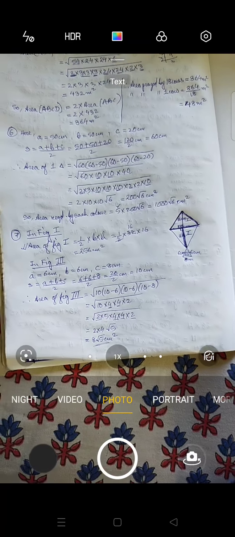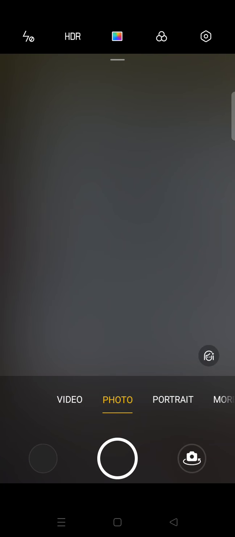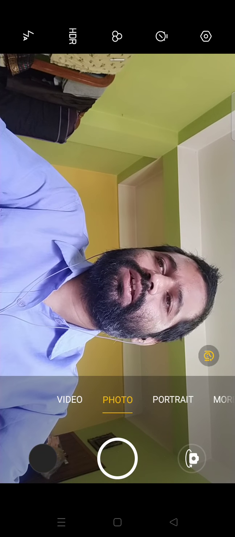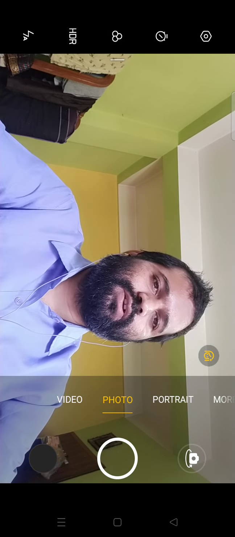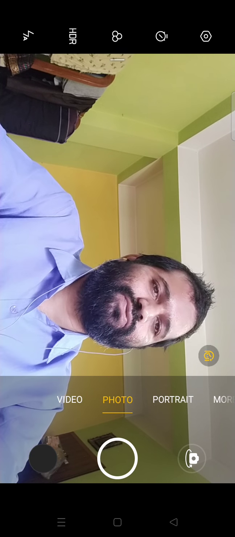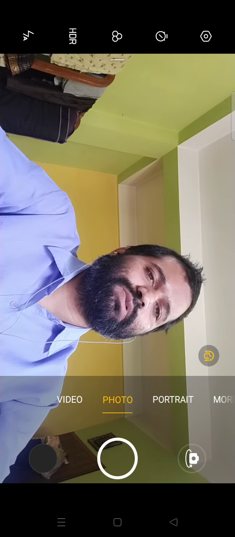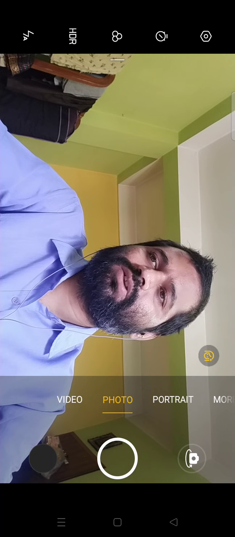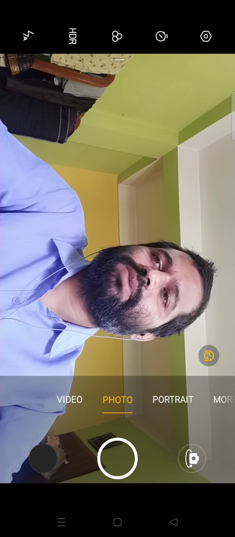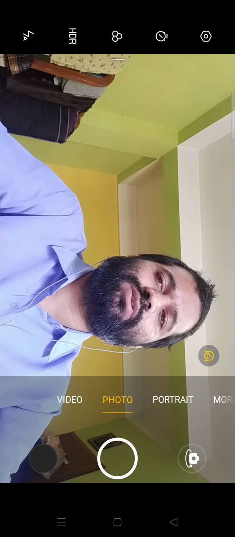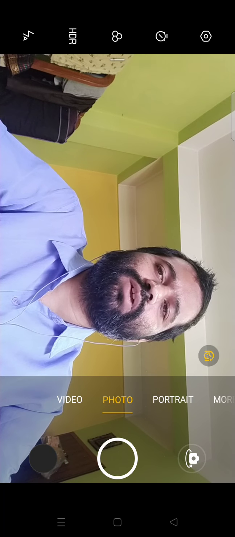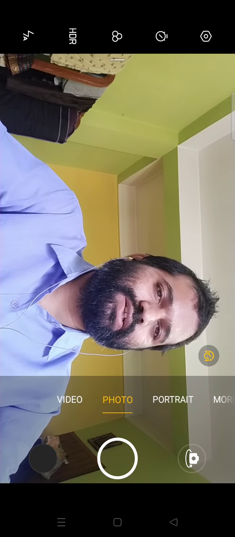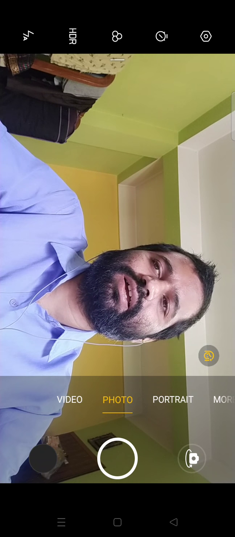Now let's move to question number 8. Question number 8 is said a floral design on a floor. So you have seen floor design, you have seen design in the tiles. So a tiles has been placed on the floor. So design has been made, you can see on right hand side. A floral design on a floor is made up of 16 tiles. There are 16 tiles you can see which are triangular. You can count. There are triangle, you can see shape of triangle, and there are total 16 triangles.